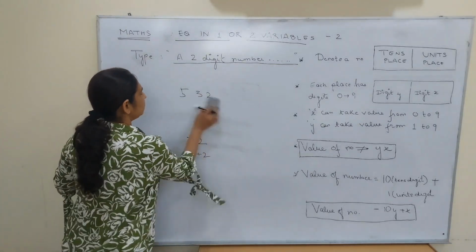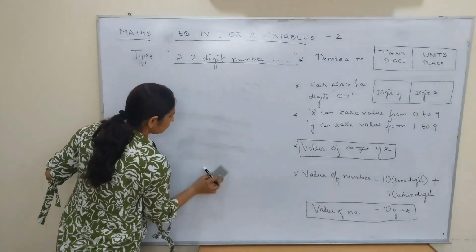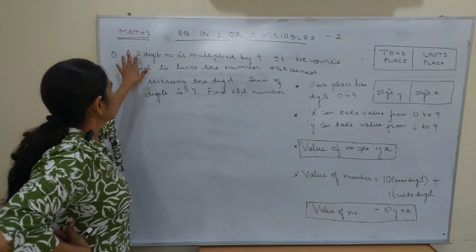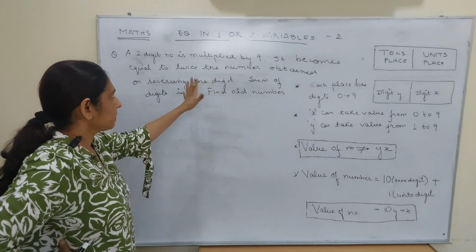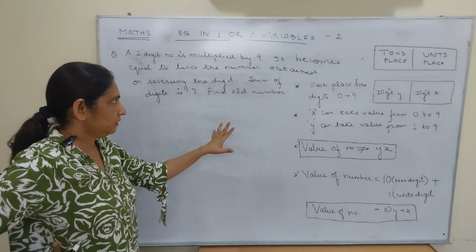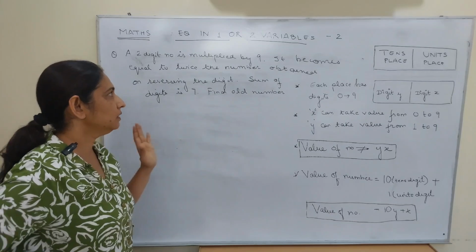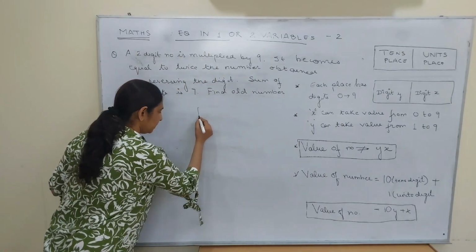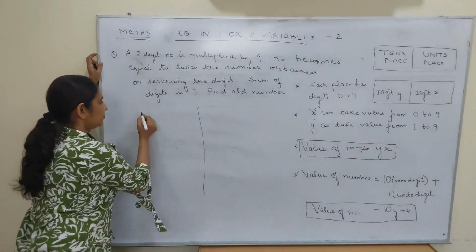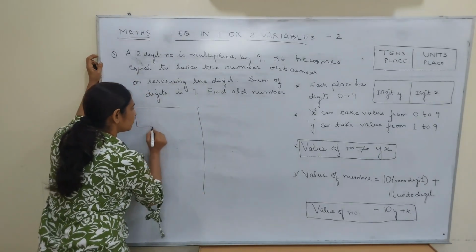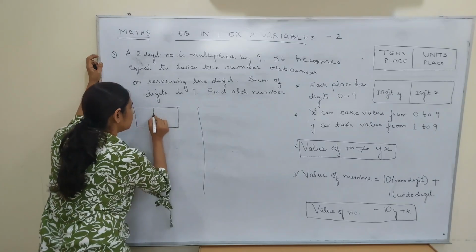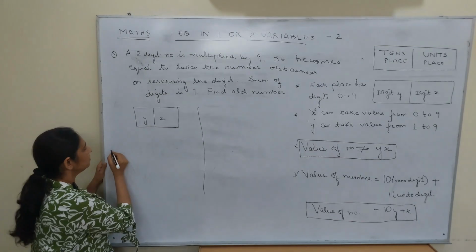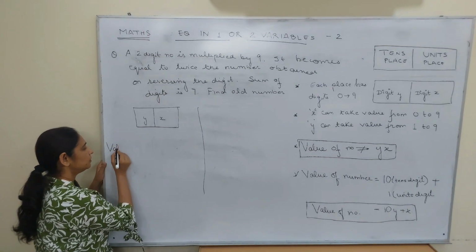Okay, now quickly we'll start with the specific question so that we understand how to do it. The question that we have taken is a 2-digit number. It is multiplied by 9. Okay, fine, good. It becomes, let's do this much only. Let's see what tables we have to make in such types of questions. First thing you have to make in such a question is a box with x and y. Then the second thing, we have to write the value of the number.